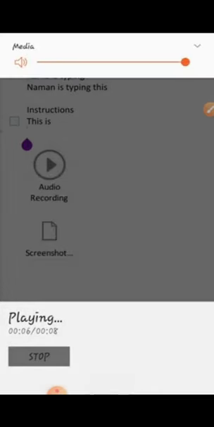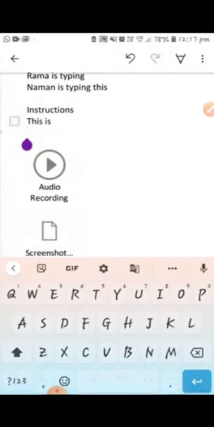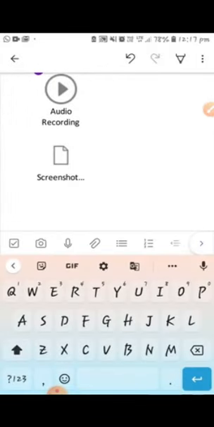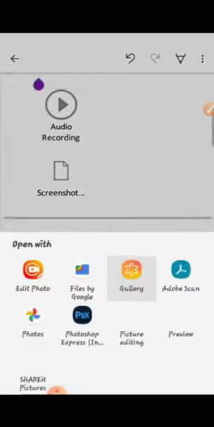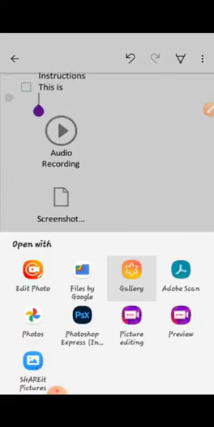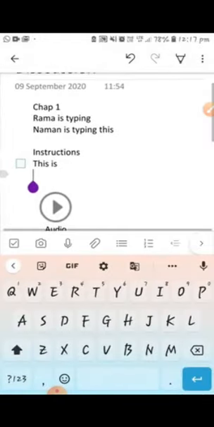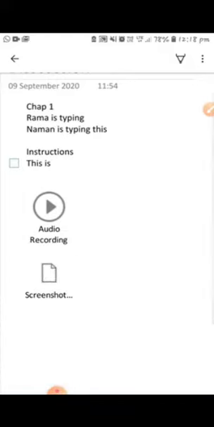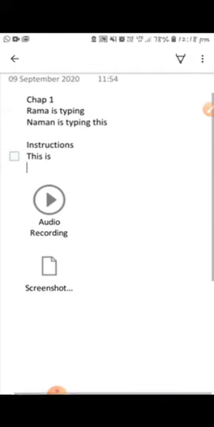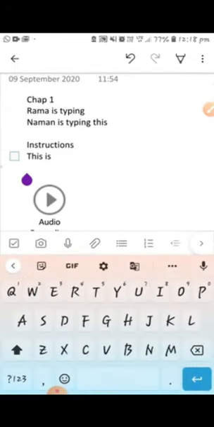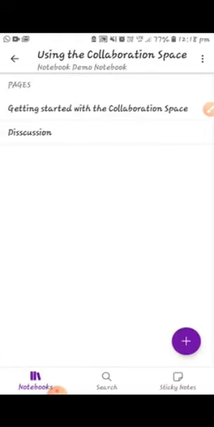And then after doing the recording, okay, so this is the recording, and this is a screenshot, the pictures that teachers have uploaded. Students can watch it, can delete it, and can make other modifications also. If the same area is opened by all the students, what I am typing here will be shown in the notebooks of the other students also. At the same time they can do the typing also. Okay, so this is the collaboration space.